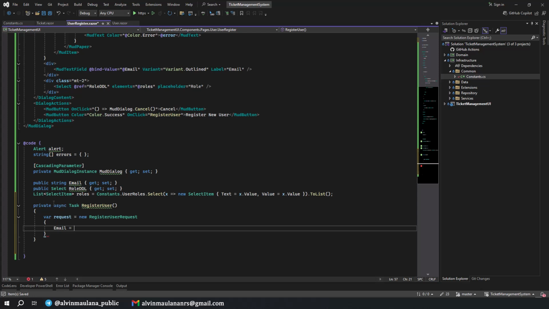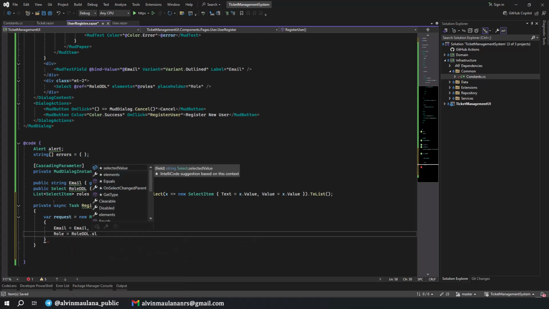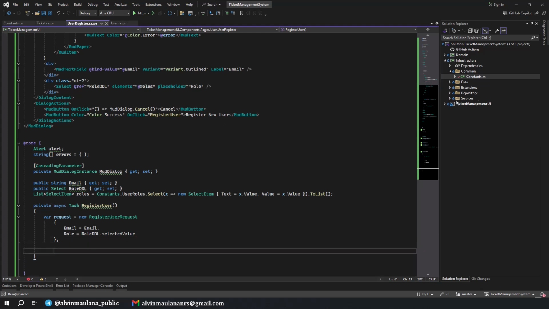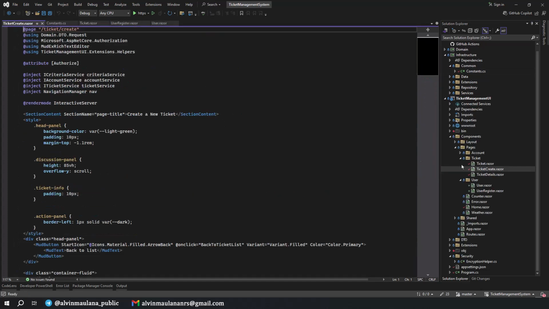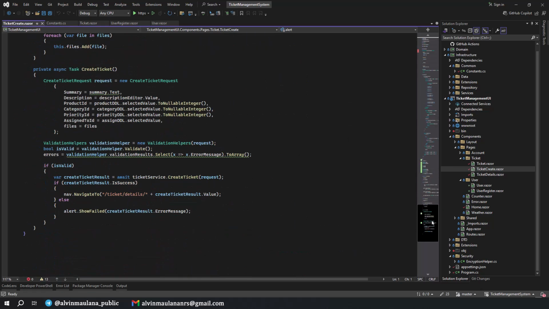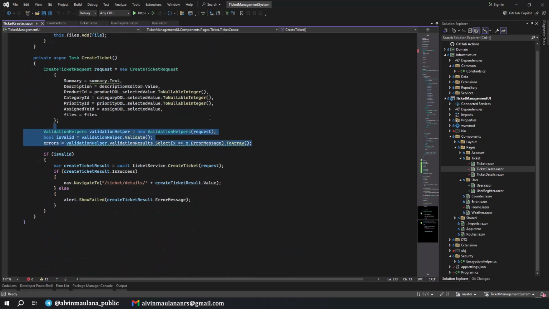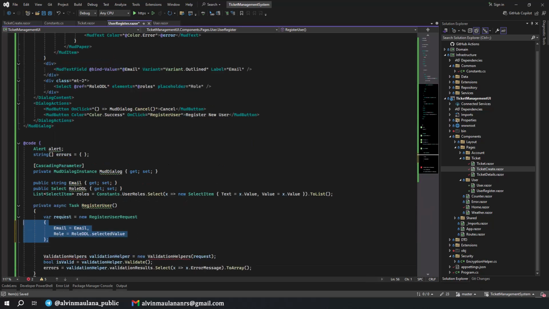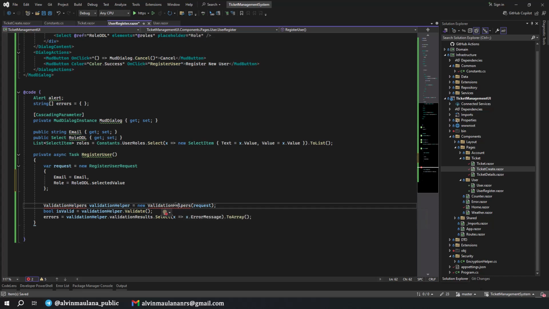The email comes from email, and the role comes from the role dropdown list, the selected value. And then we need a validation. I take it from this one. Okay, copy and paste here, it's faster. Add the reference.